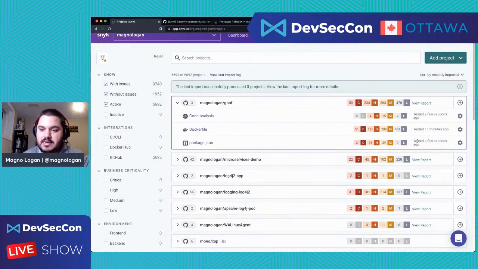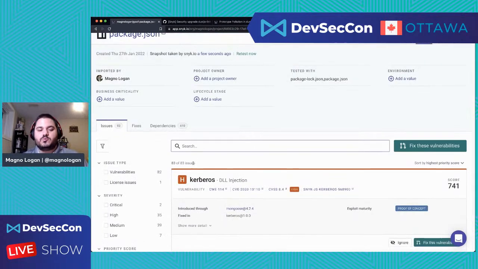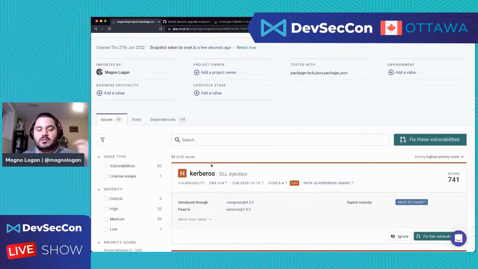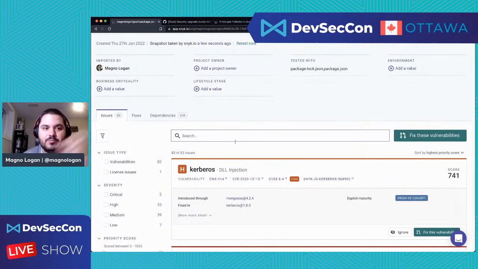Okay, so you can see tested a few seconds ago, right? Since there were no changes to Docker files, it didn't check again. I didn't need to test again because there were no changes there, but there were changes in the code and dependencies, right? So it ran the SAST scan and the software composition analysis testing again. So let's take a look. Okay, so now the first one that's showing is the Kerberos, which was in second place, but not the Dust.js LinkedIn vulnerability, right? So technically that was fixed. That's not showing here anymore for us.